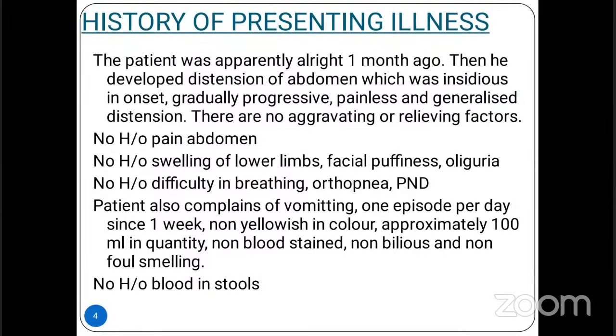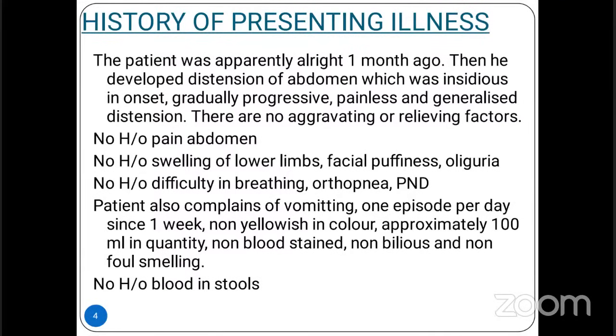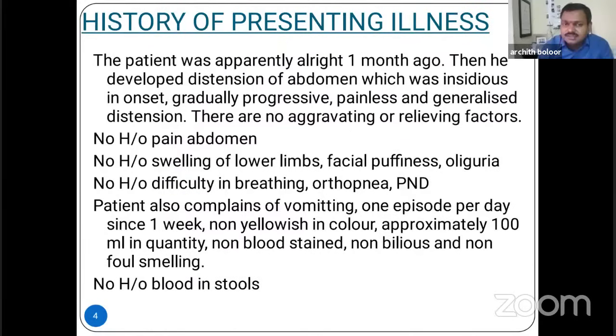About abdominal distension, we're just discussing abdominal distension. It will be localized, asymmetrical, based on the organ that is enlarged. If it's the liver, it would be more on the right side. If it's the spleen, it would be on the left side. So an asymmetrical distension would more suggest